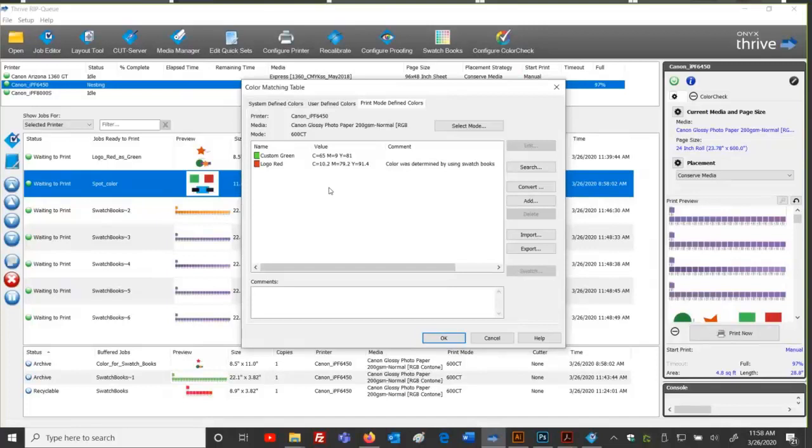And if you're ever wondering, does this color look like it's supposed to look? Did somebody change the recipe? Did something change? You can look at this, get out that screen grab, that piece of printed paper, and compare it and say, yeah, it's 65 and 9 and 81 or whatever.